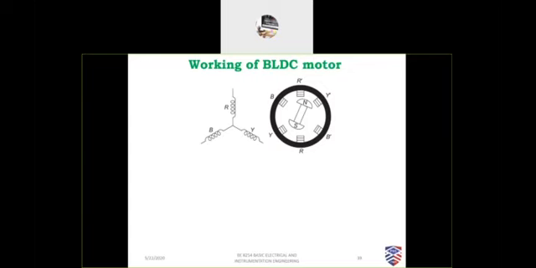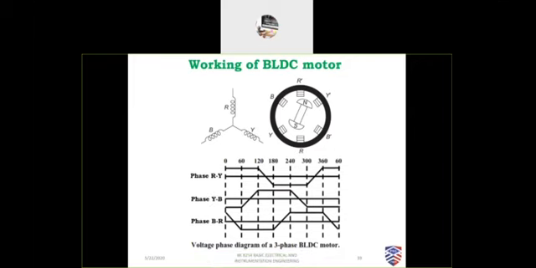So working of a BLDC motor. See, the position of the rotor will be identified by the Hall sensor, and giving voltage to the coil is decided by the circuitry. So the voltage will be in the form of trapezoidal. So R is from 0 to 120 degrees, then goes down and comes at 360. YB vary like that and BR vary like this.